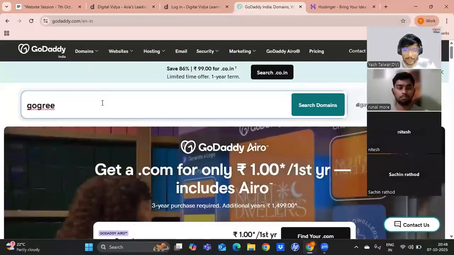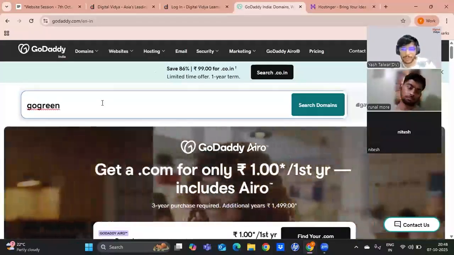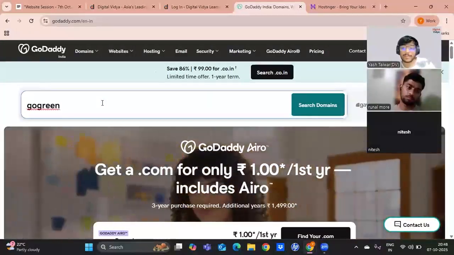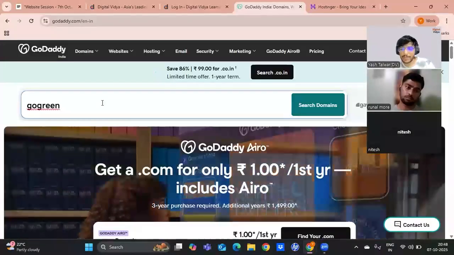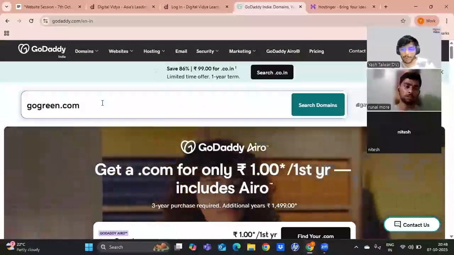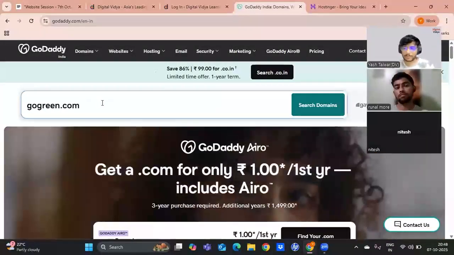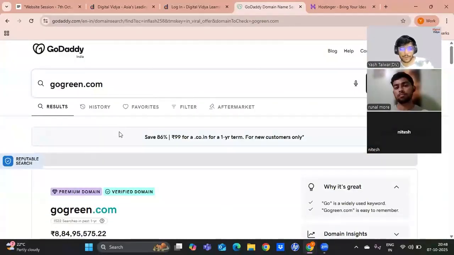You just need to enter the name that you want. Let's say I want Go Green. If I want a specific extension, I can enter that also so that it shows me the same result. So let's say I want a gogreen.com domain. This is what I want. I'll search for it.